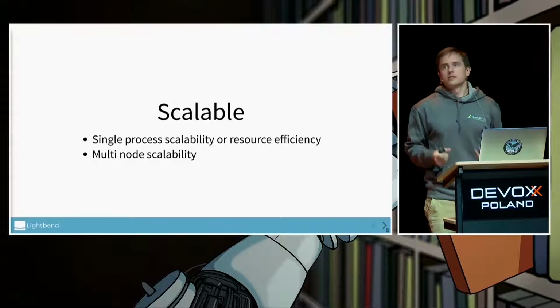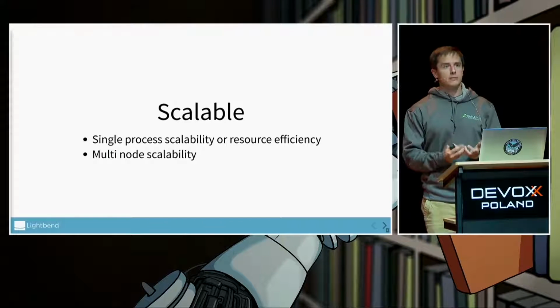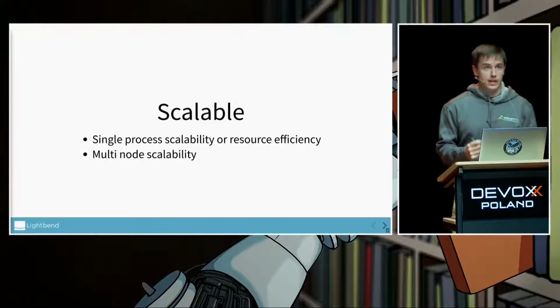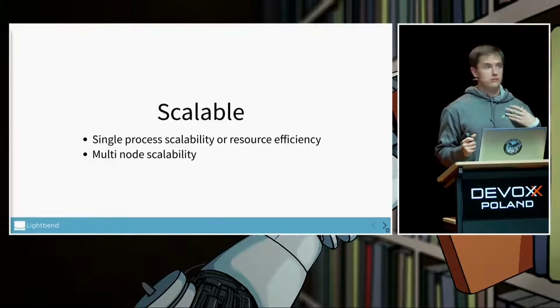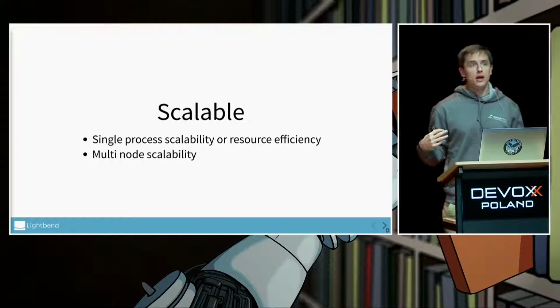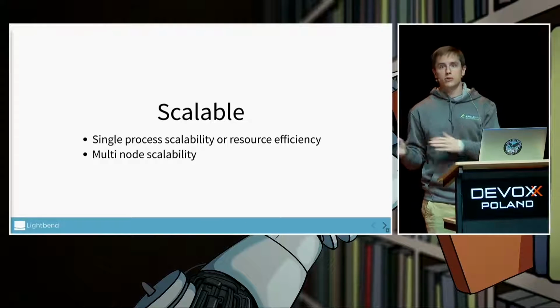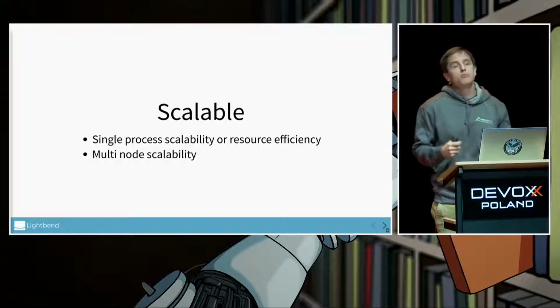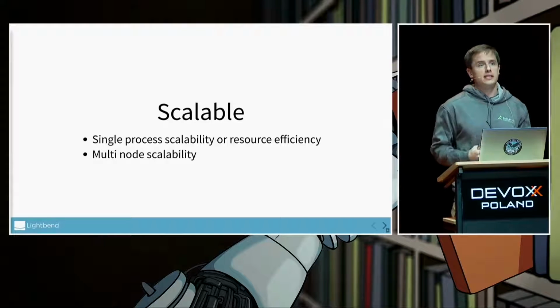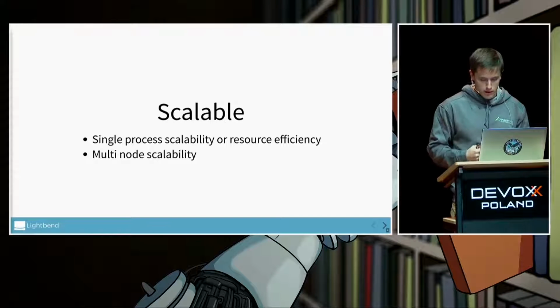Another characteristic of a system is whether it is scalable. And I'd say there are two types of scalability. Let's say you have a fixed amount of resources, 2 gigabytes of RAM, 4 cores. How can you scale your system to allow lots of concurrent requests coming in? That's maybe more about resource efficiency than it is scalability. And I want to talk about that quite a bit today.